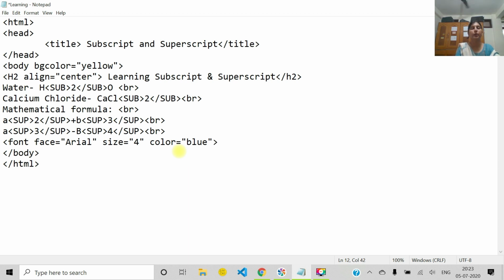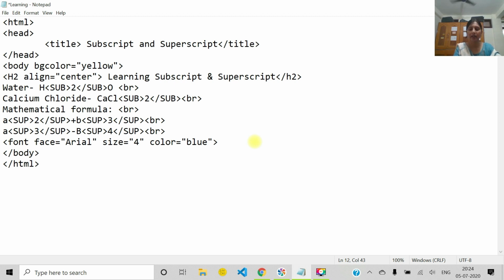Fine. See, if you give the text attribute in the body tag, then all the text will come in that particular color. Suppose you have given text equals blue. Then whatever you have written within the body tag, its color will be blue. But in the case of the font tag, whatever text you have enclosed within the font tag, it will change the color of that particular text only, not all text. So the remaining text will come in black color. Only the text you write within the font tag will change to blue.